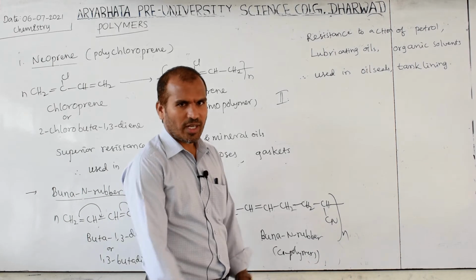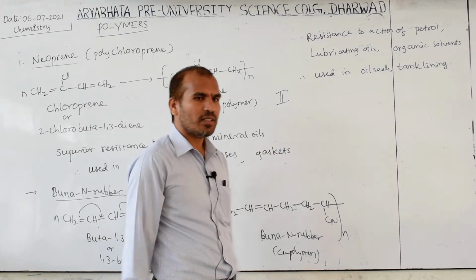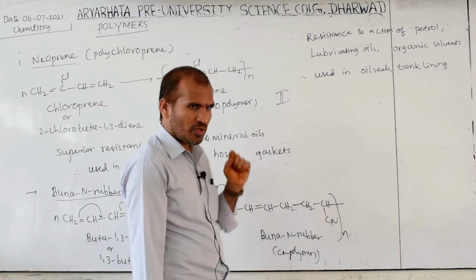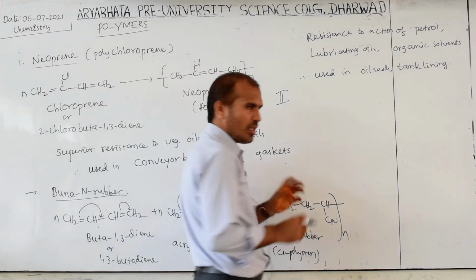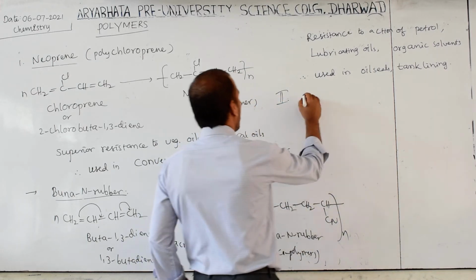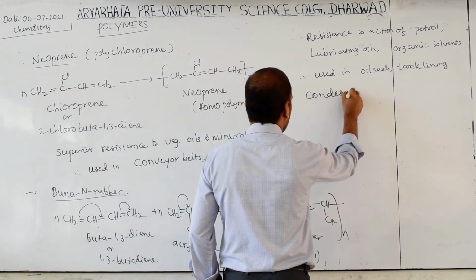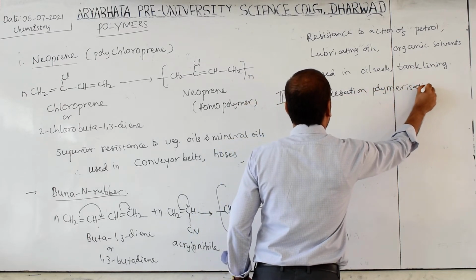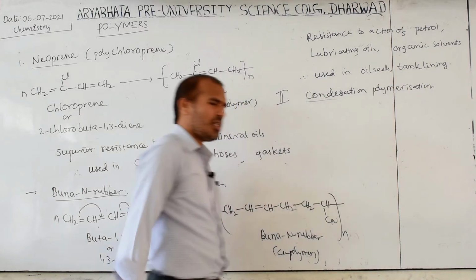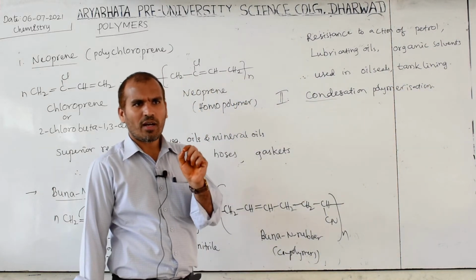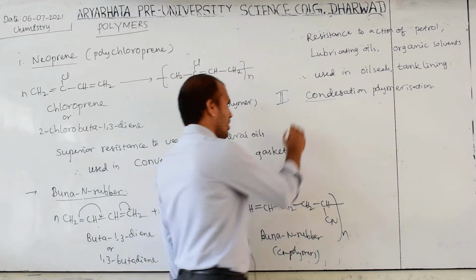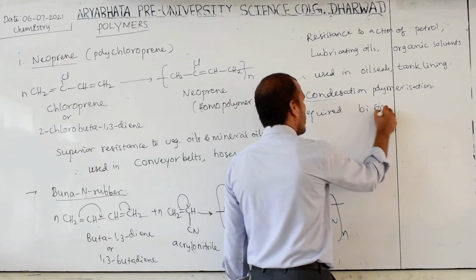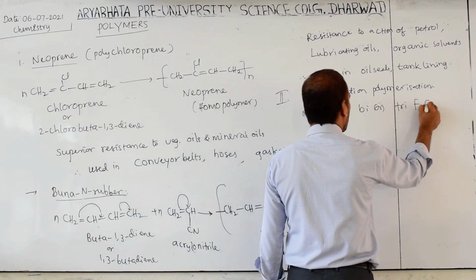And you have to try to write the polymer structure, because they may ask which of the following is the polymer structure. Don't confuse. So try to learn how to write the polymer structure and their monomer name, their structure. Next one is condensation polymers. In this condensation polymerization, what is required? Bi or trifunctional group is required.